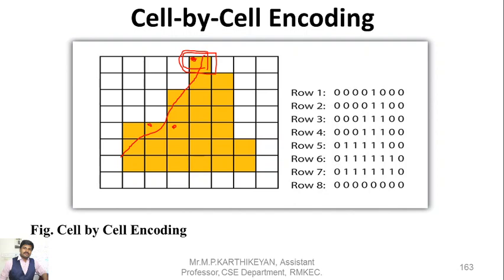Okay, so in vector data structure we have seen arcs, lines and points, arcs and polygons. That representation we have seen. So here we have seen a grid. We are going to represent a complete grid or cell structure in a database format, right? So this is how it is done. The first technique is called the cell by cell encoding technique. Okay, so it is very simple. All the cells which have some data will be given as 1, and all the areas which do not have any shaded part will have the value 0.